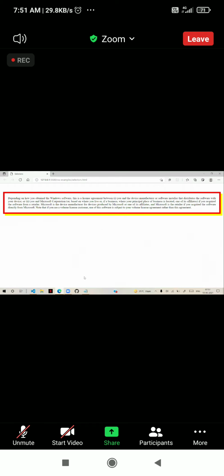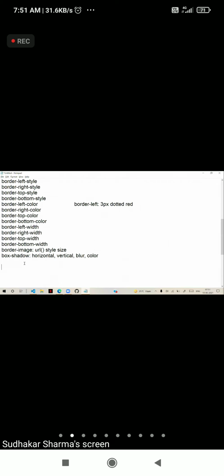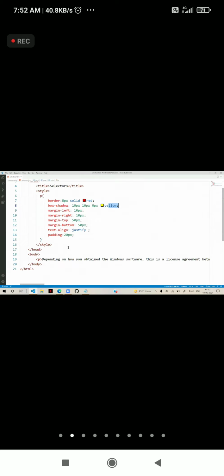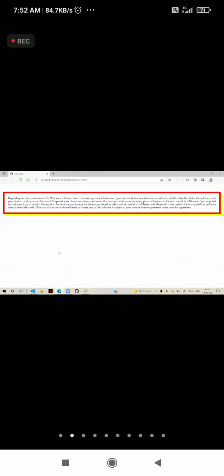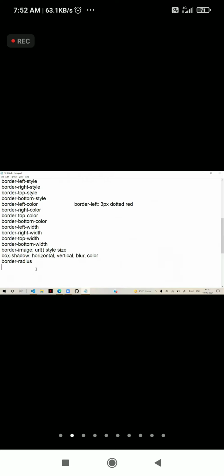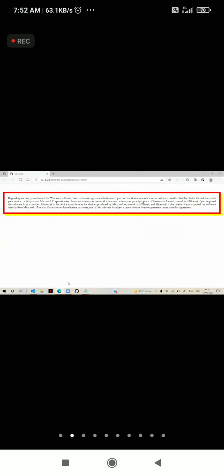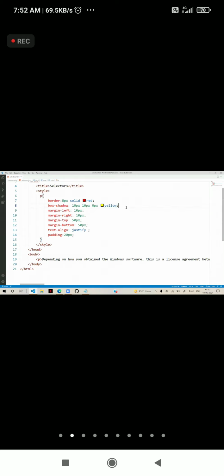Now border has one more option. So that is border radius. Radius is nothing but curved. So you can give the border radius, but in border radius, you have several options. So you can use it like this.